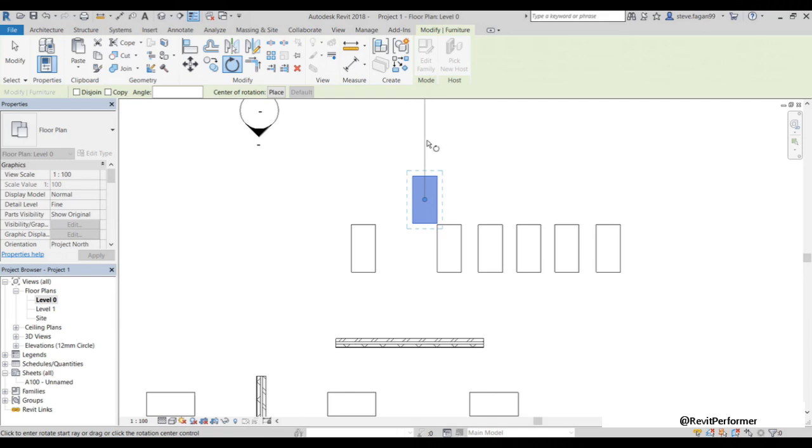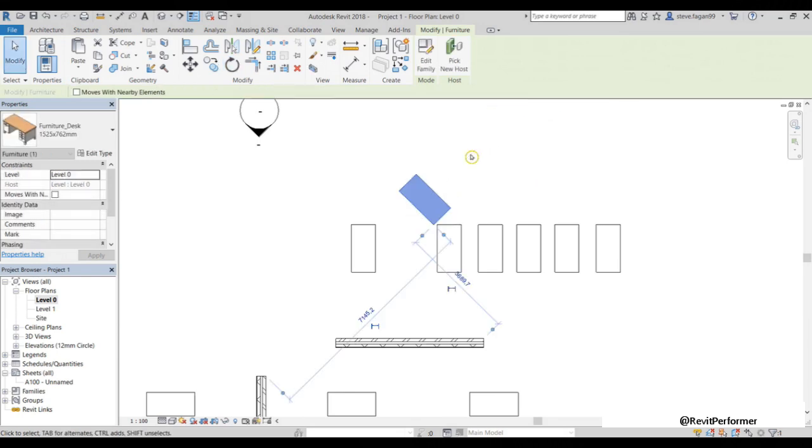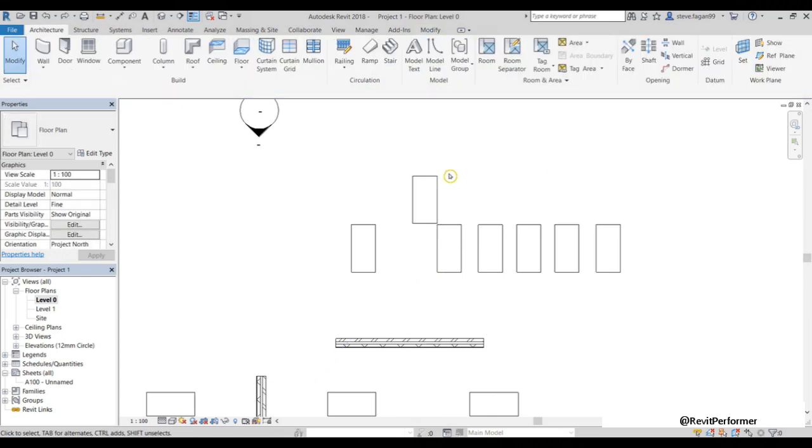So this start ray of rotation would appear, which is this line here. That's where we would click to start our ray of rotation. With one click, I'll place it. I can then move my cursor to place the end ray of rotation. This is where I'll specify the angle to rotate. Again, we can just follow the input on the screen, or we can manually type it in, and clicking to finish. I'm just going to undo.